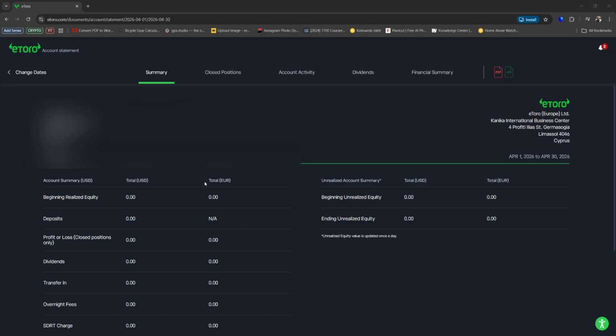Alright, so what you can do now is simply check if every transfer and deposit is correct, which I think it is. And now what you can also do is click on the top right corner where you see PDF and Excel file. If you click on that, it will start downloading the